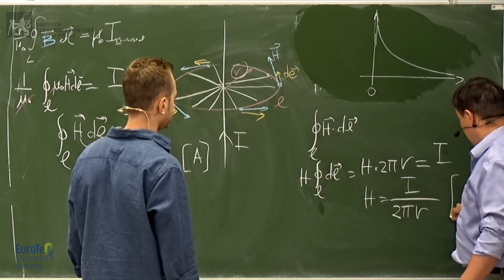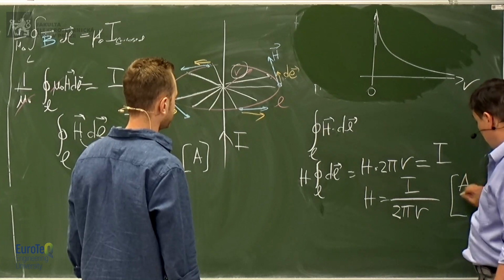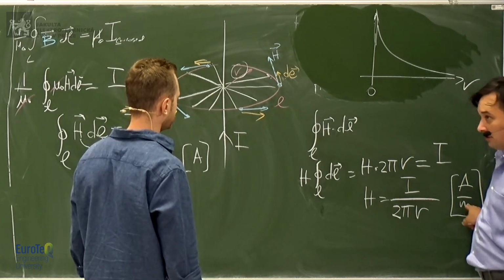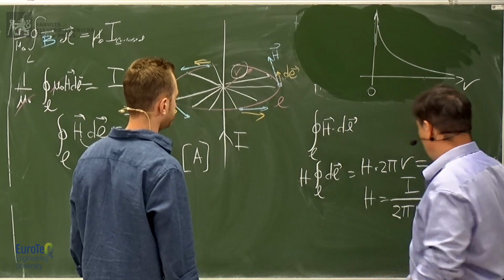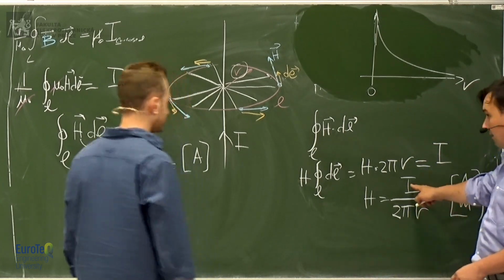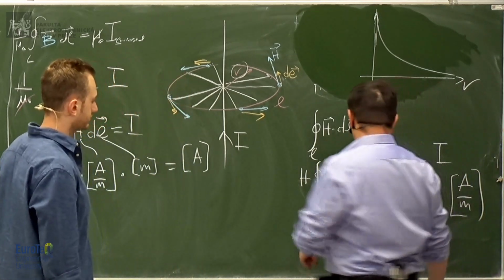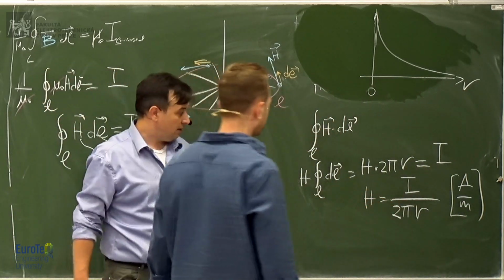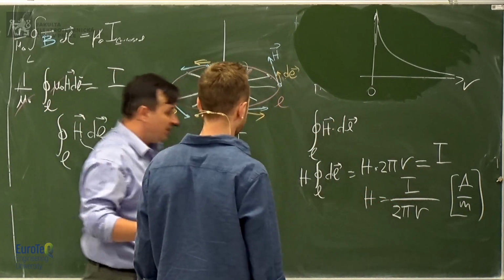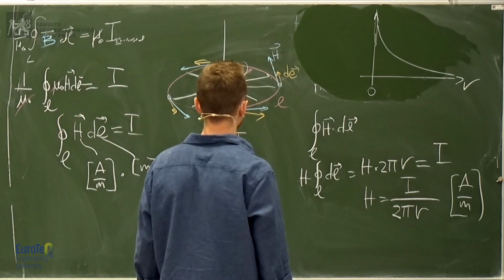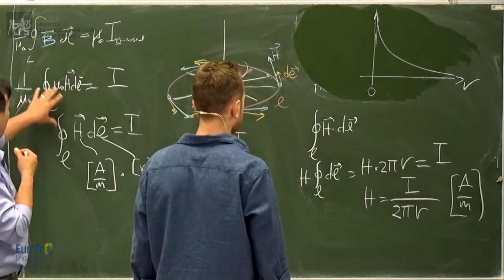Here you see that you have amperes per meter, correct? Yeah. Because you have current over the radius. The radius is measured in meters, so you have amperes per meter. And that's the reason why